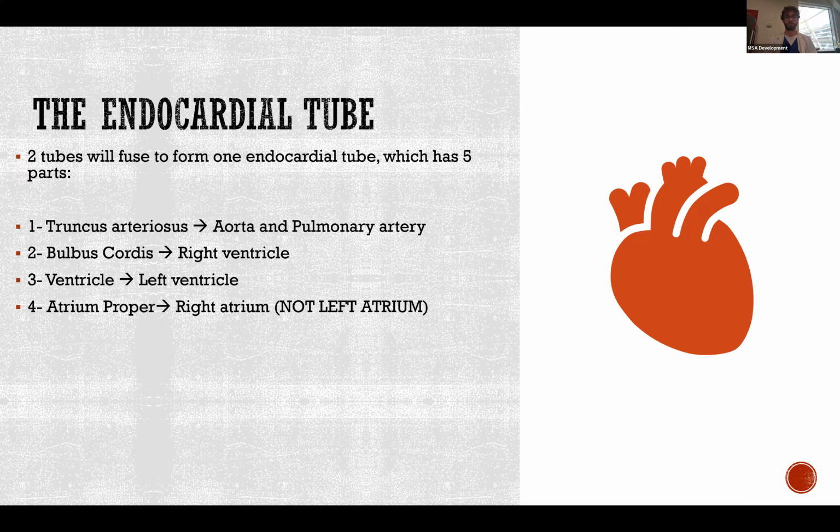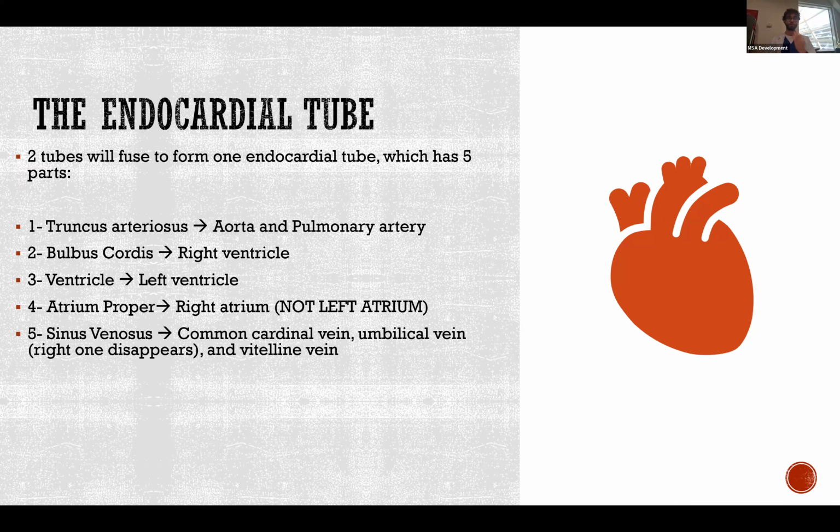It will give you the right atrium. As we said, not the left atrium, the right atrium. Then we have the sinus venosus, which gives us three different branches: common cardinal vein, umbilical vein, and vitelline vein. You will later know in the umbilical vein, this very important vein that has oxygen for the baby, it has